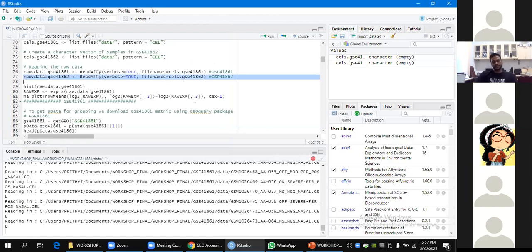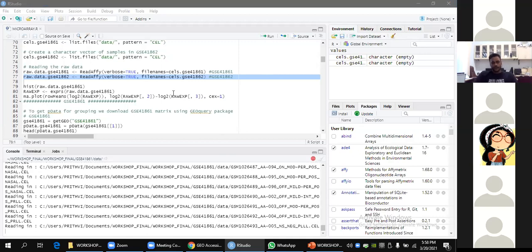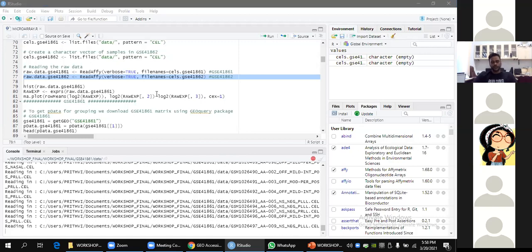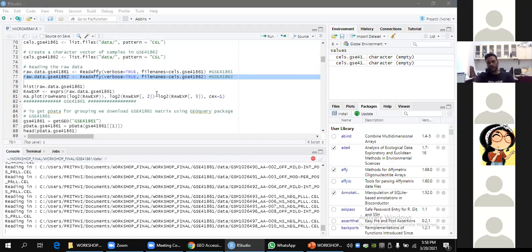Line number 77. Is everyone doing this right now in R?